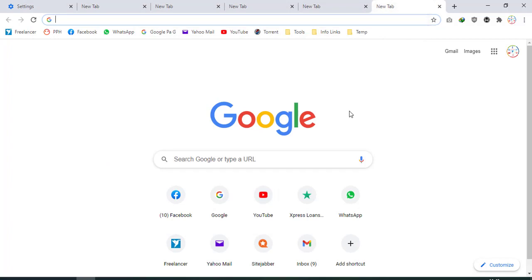So next you can clear the Google Chrome cache. Some images and files are cached by the browser automatically.